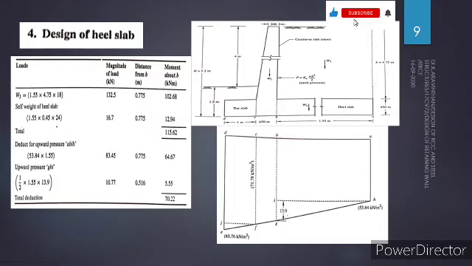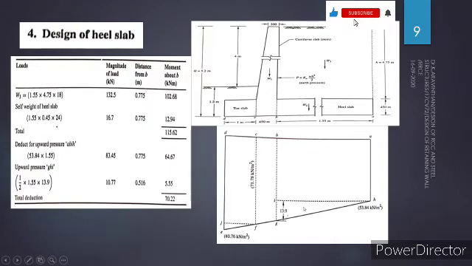If you want to find the total force after the stability calculation, you should take it from the stress distribution of the soil. We have to consider only the heel part. What is the heel part area? That is B, A, H, G. So these are the parts, and in between you can see a rectangle and a triangle here.